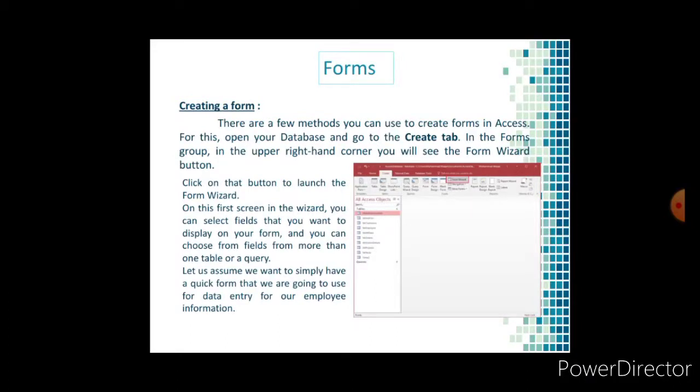On the first screen in the wizard, you can select the fields that you want to display on the form, and you can choose fields from more than one table or query. Let us assume you want a simple, quick form that we are going to use for data entry for your employee information.